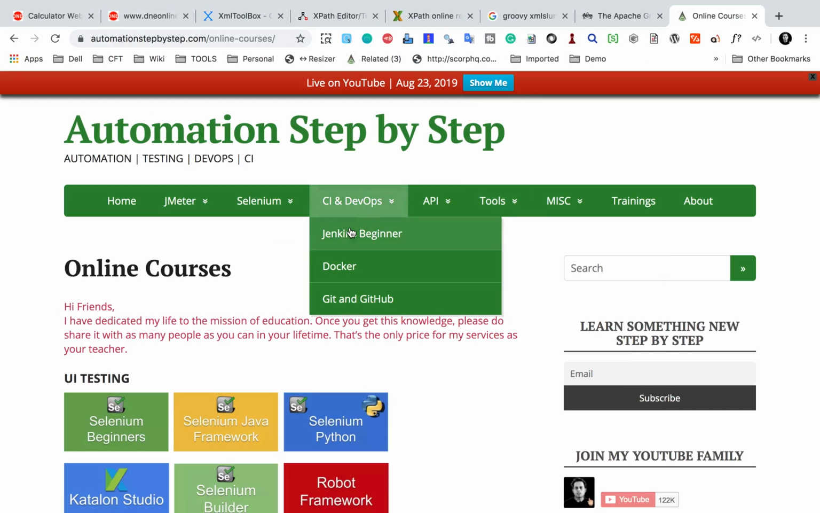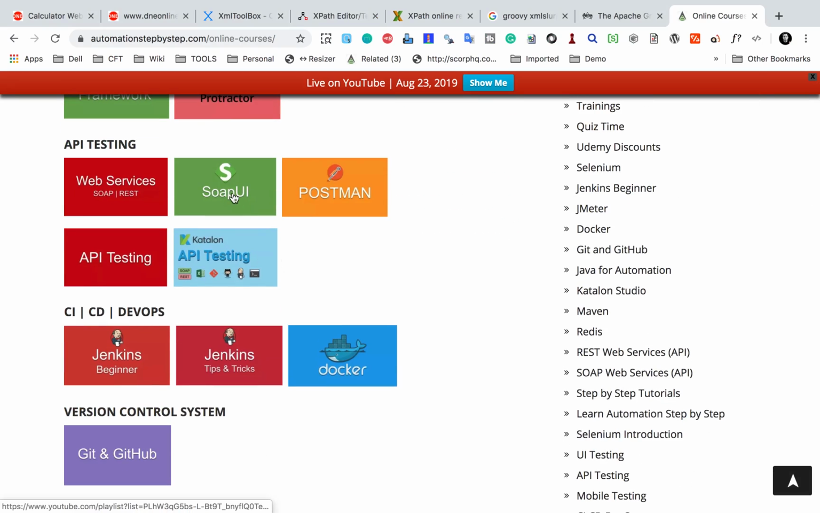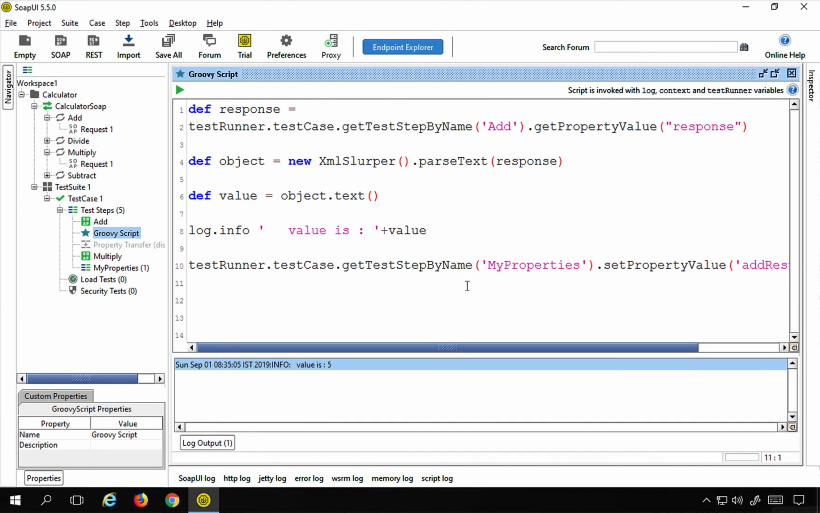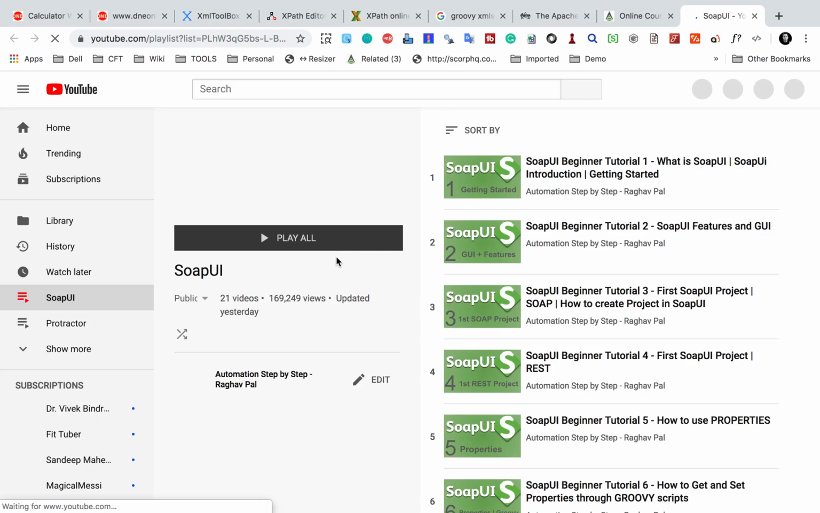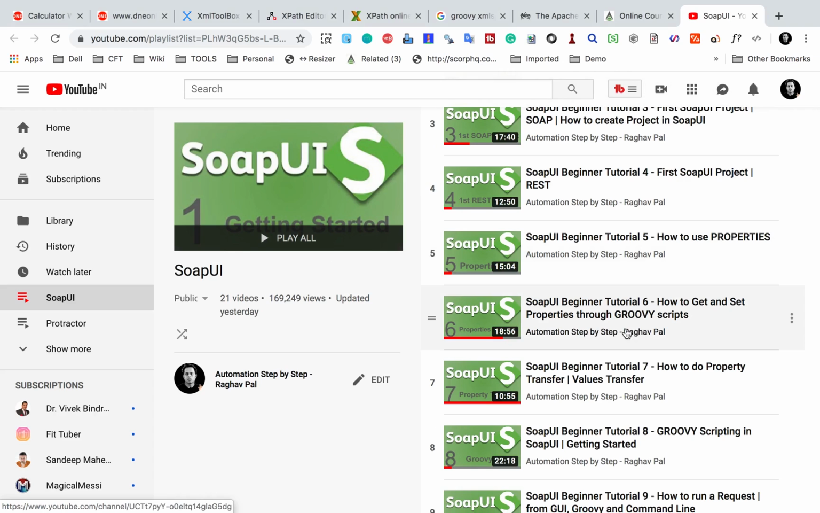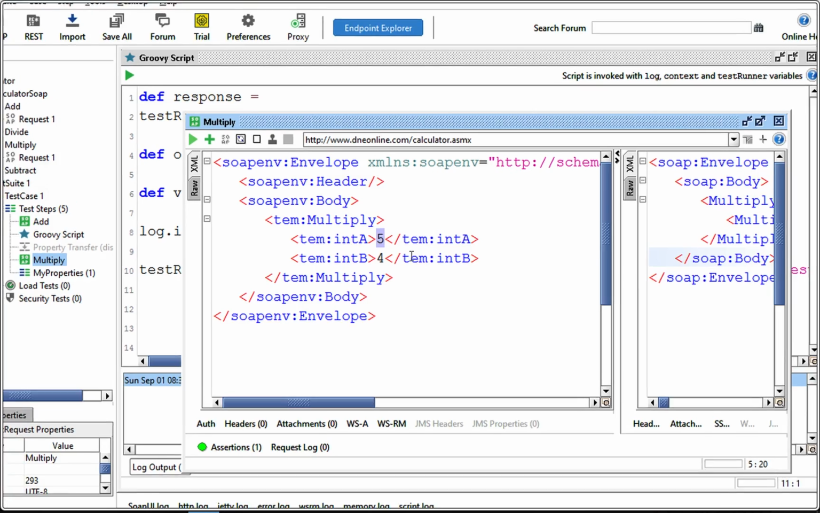And here on my website automation step by step, you can go to online courses, and if you go to SoapUI course, you will find all this Groovy script to set and get properties, and then how to refer properties on a step. All this I have covered in earlier videos. So if you see the properties, how to use properties, get and set properties through Groovy scripts, you will find it here. So now I will go here to the multiply API request,